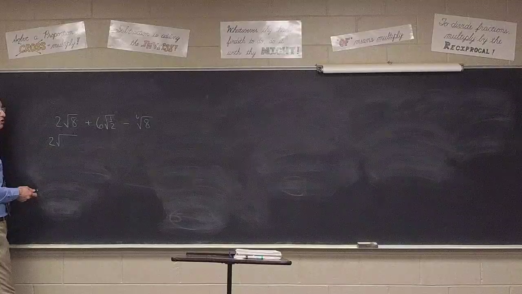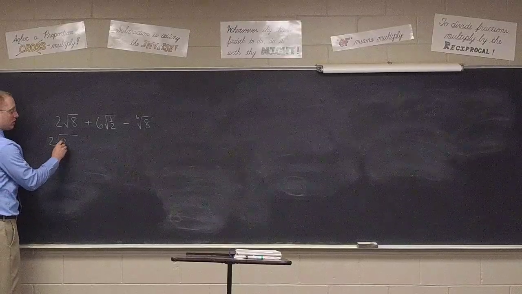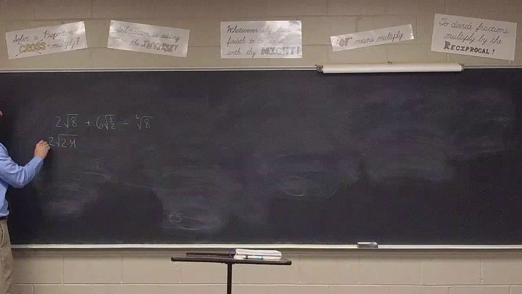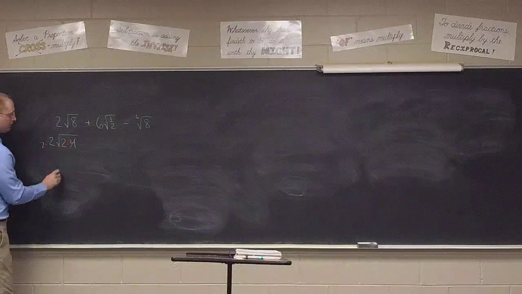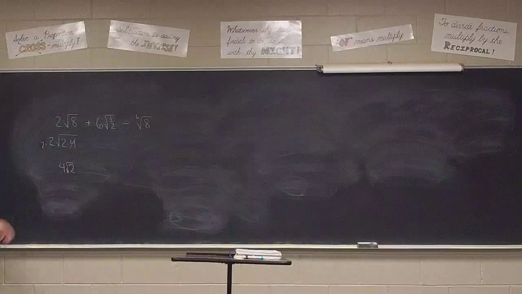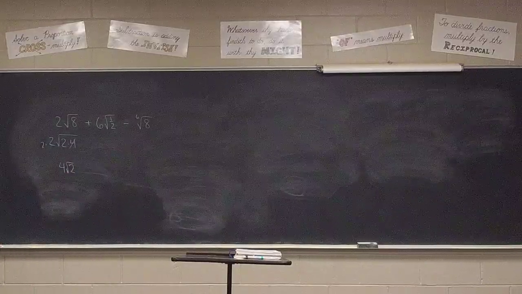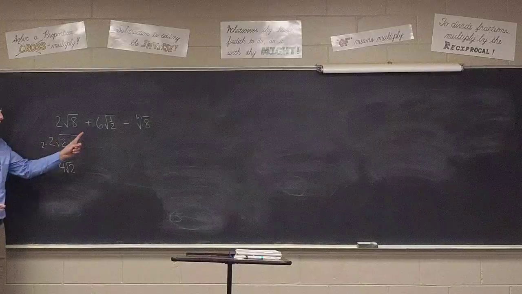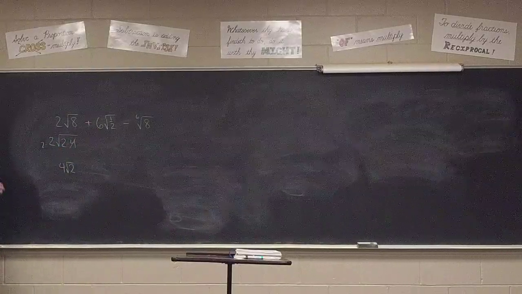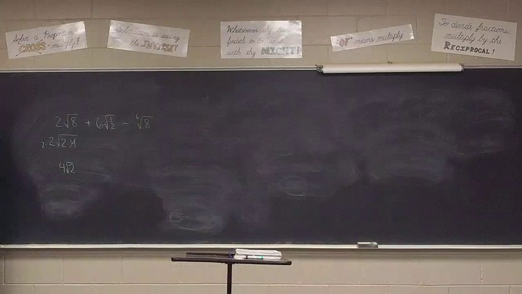So let's do that with the 8. Let's factor the 8 into 2 times 4, where we take the square root of the 4 to get a 2 times the 2 that was already out here. 4 times the square root of 2. Right, no big deal there. We did that in the homework. We come to the second radical, and we see a fraction. That changes the game plan, because for a fraction, it's not about factoring. For a fraction, class, it's all about taking the